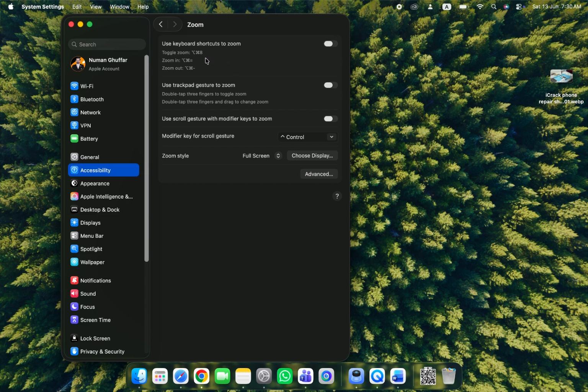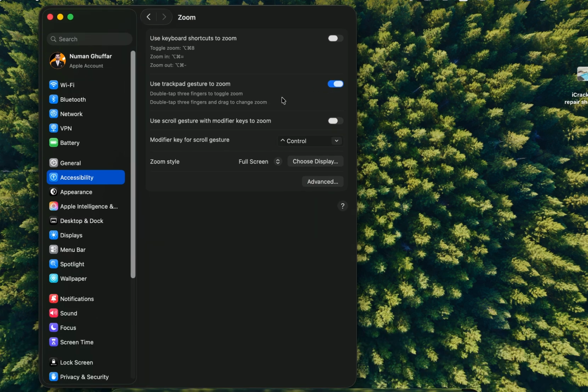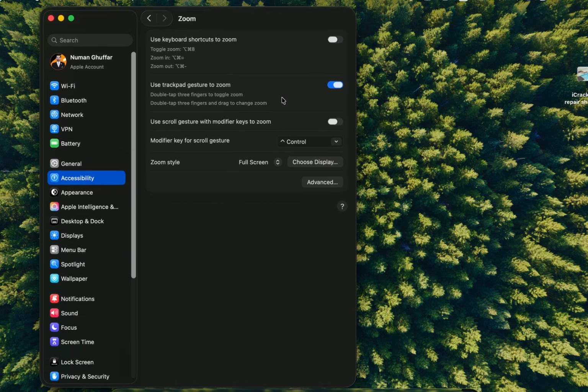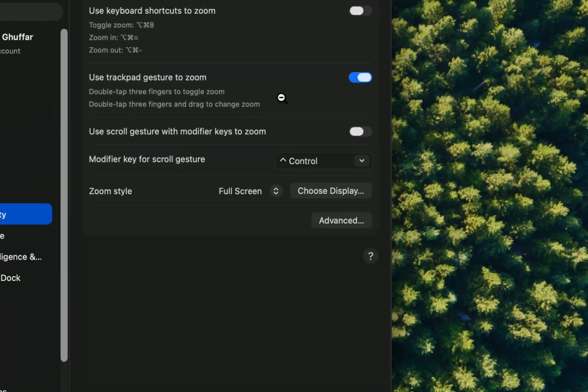need them again. There's another way to zoom using your trackpad. Depending on your macOS version and settings, you can use accessibility gestures such as double tapping with 3 fingers to zoom in and out. If the gesture is available on your Mac, it can be a quick alternative to keyboard